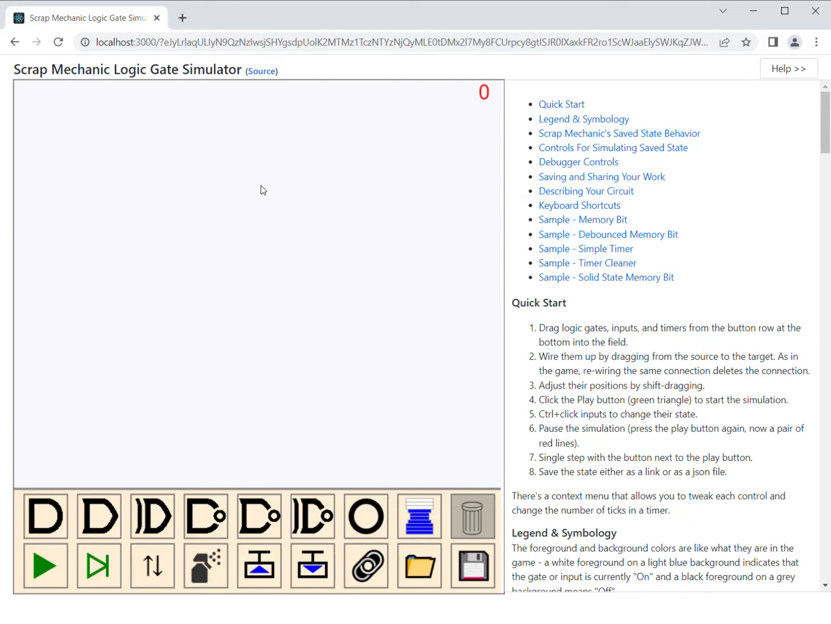This is just a video about the Scrap Mechanic logic gate simulator, which is a tool for being able to develop complex circuits in Scrap Mechanic and being able to step through them before you actually go into the game. I mean, sure enough, in the game you can develop some pretty interesting contraptions with logic gates that just